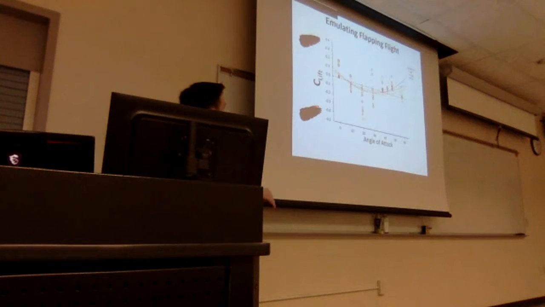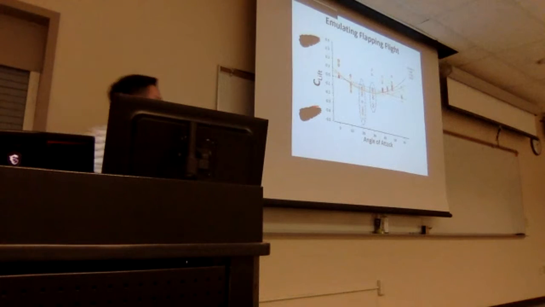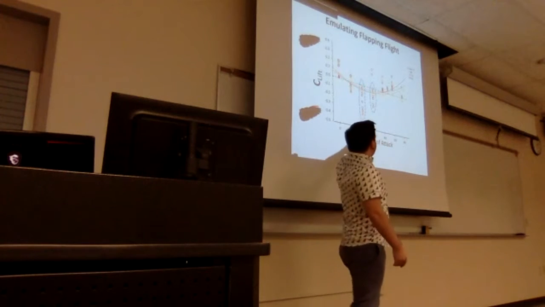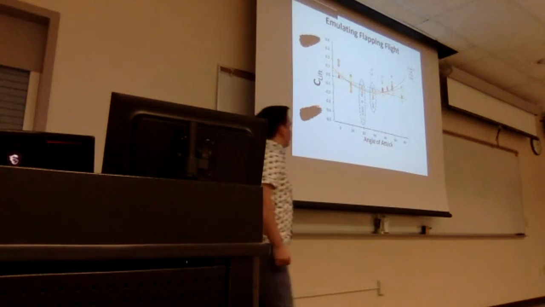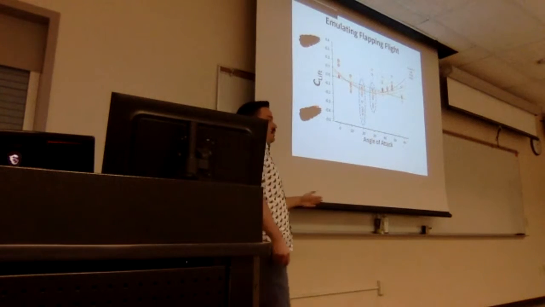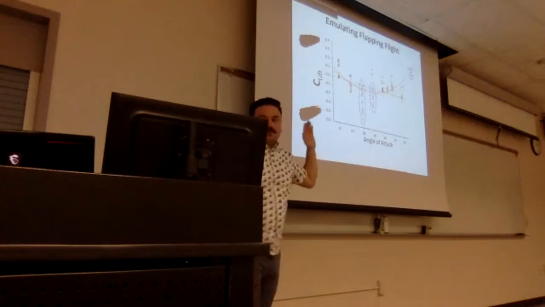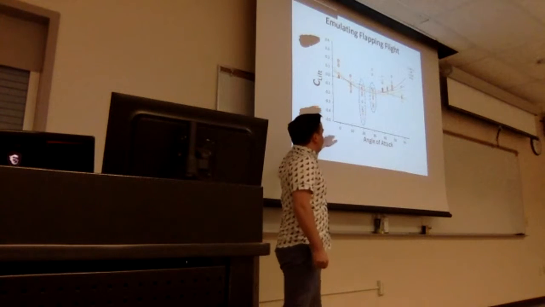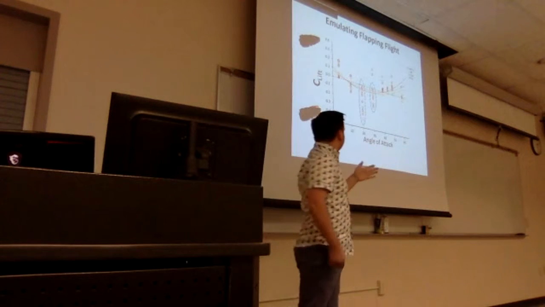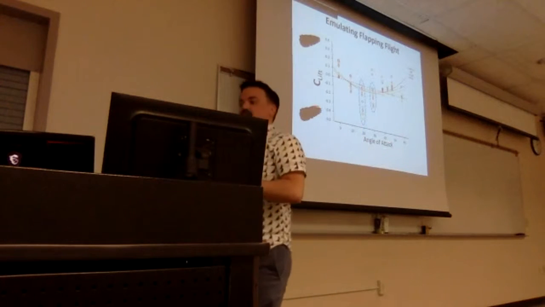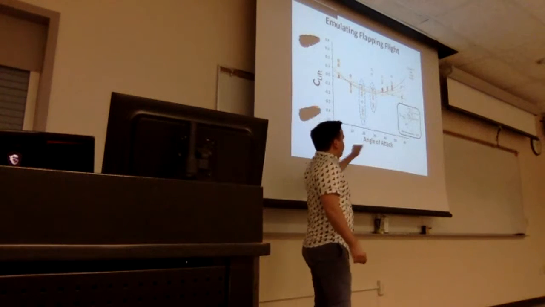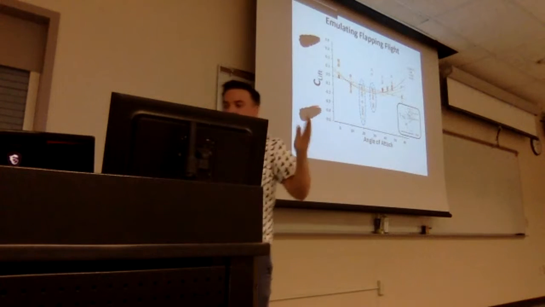And then if we take a look at flapping flights, we see some different trends. We see that specifically at low angles of attack, 20 to 30 degrees, where flapping wing is producing max lift, we see that the P10 feathers are allowing the wing to produce much more lift than wings where P10 had been molted. In some wings, the max lift that these intact wings were producing was twice that of the lift we were seeing when P10 was missing. So this is pretty strong evidence that this feather can act as an alula to delay flow separation, increasing lift.